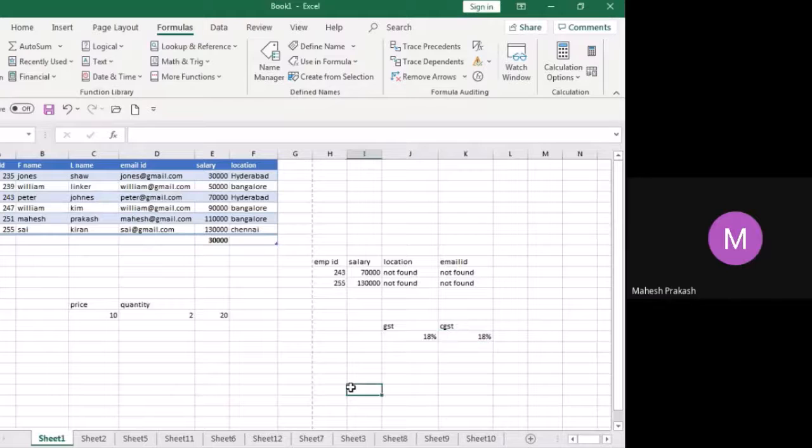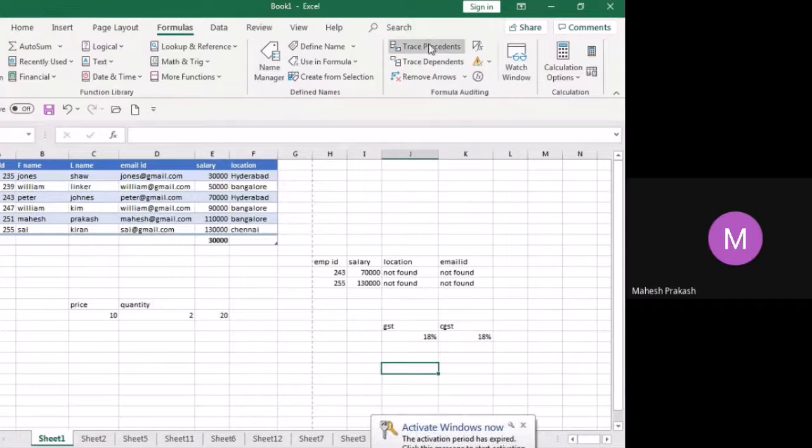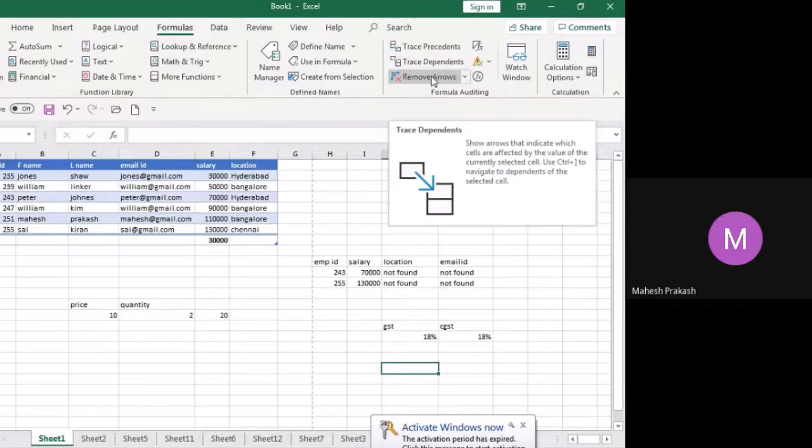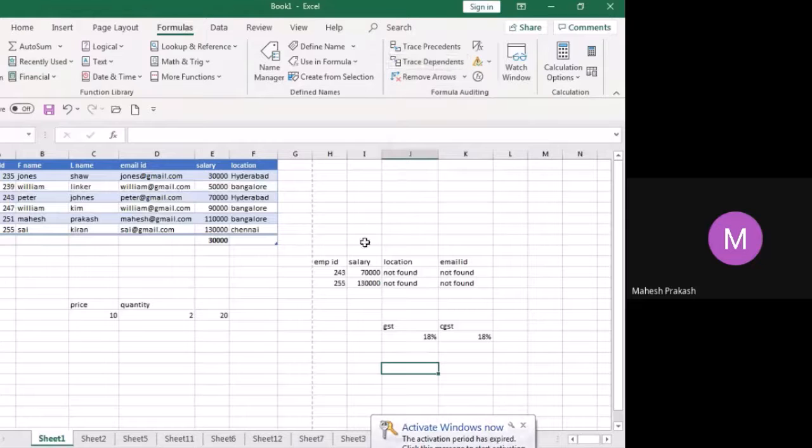Done. So now it is universally fixed that it is 18 and no one is going to change it. So whenever you want to multiply, equal to GST, you'll get GST into whichever value you have. That is all defined value. Now this precedent, all these things are nothing but it will show how the formula was working.